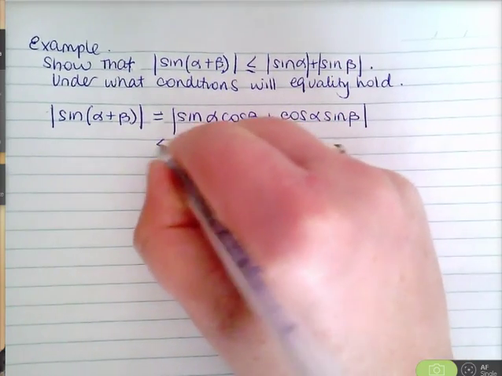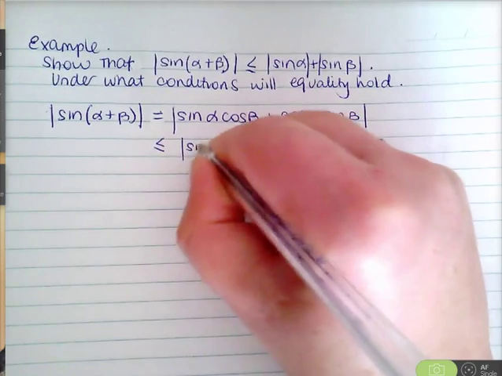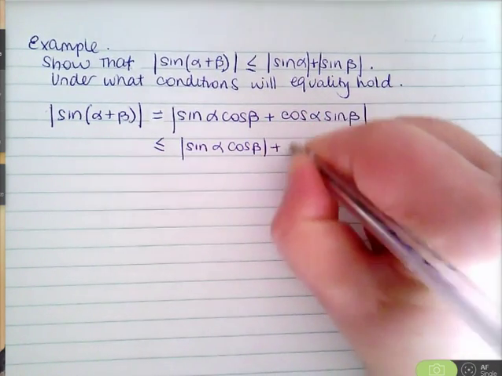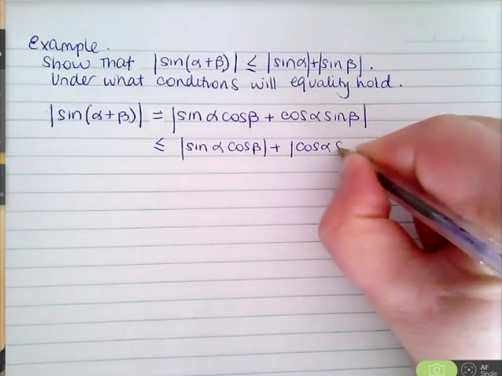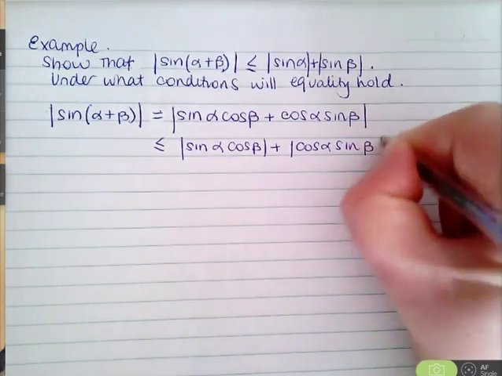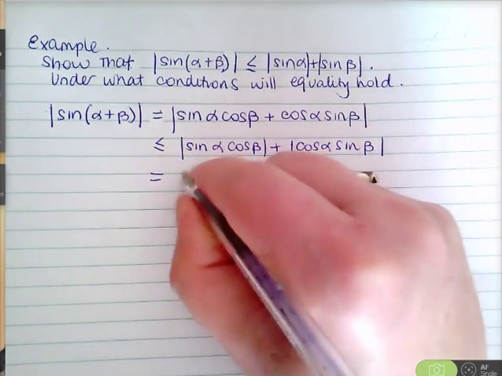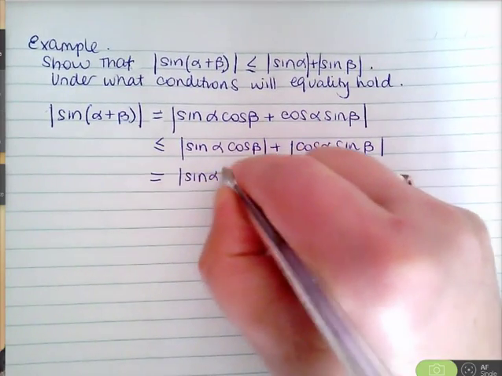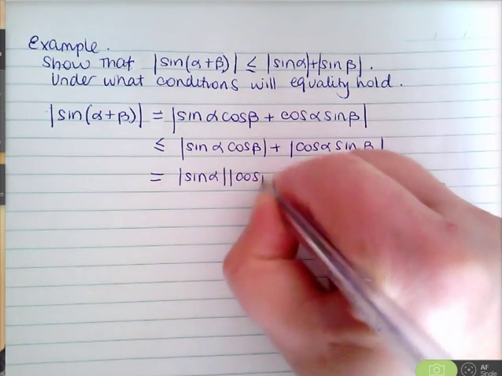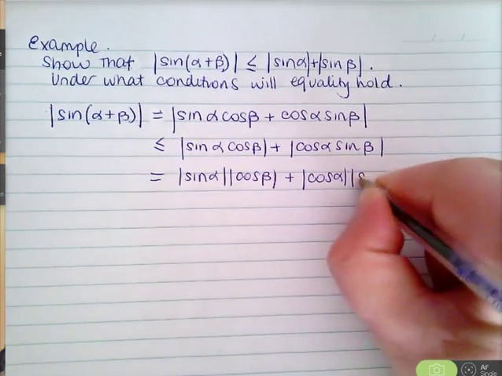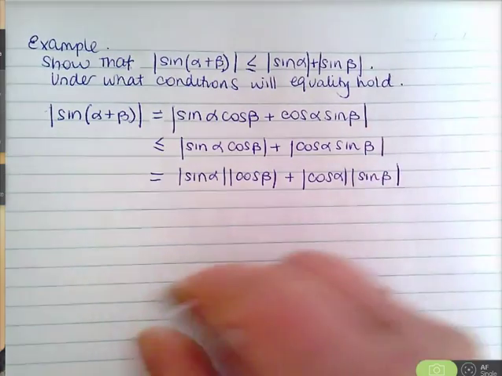Now that is less than or equal to, using the triangle inequality, the absolute value of sine alpha cos beta plus the absolute value of cos alpha sine beta. Now we can split these up: that's equal to the absolute value of sine alpha times cos beta plus the absolute value of cos alpha times sine beta,